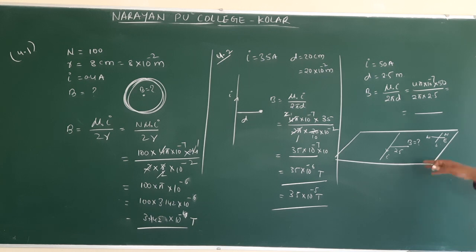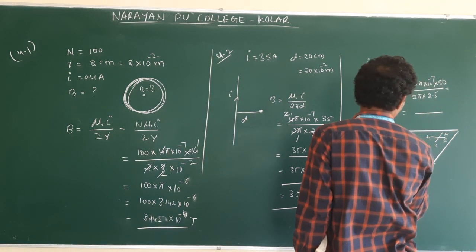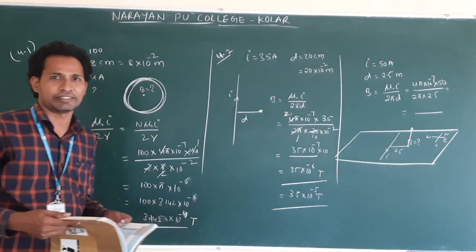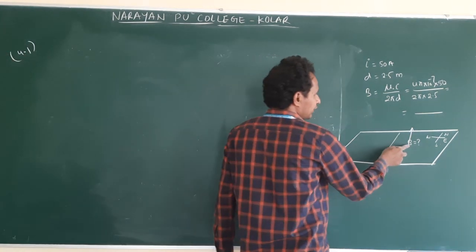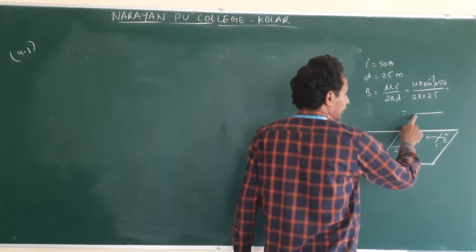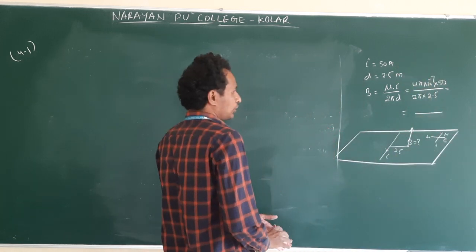The same similar type of question, but here we need to find the direction. Clear? They are asking direction, magnitude and direction. Now we need to decide the direction at this point. Now keep the thumb in the direction of the current, in this plane, curl the fingers at a given point. It is coming out, means it acts where? Upwards. Clear? Perpendicular to the plane. Now direction is acting vertically up. Clear? You need to calculate this answer, magnitude, and beside write down vertically upwards or acts upwards.